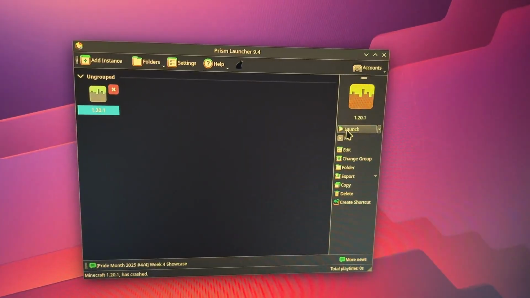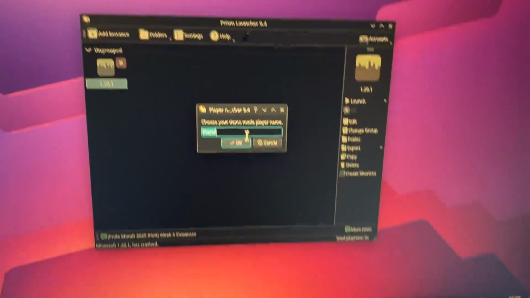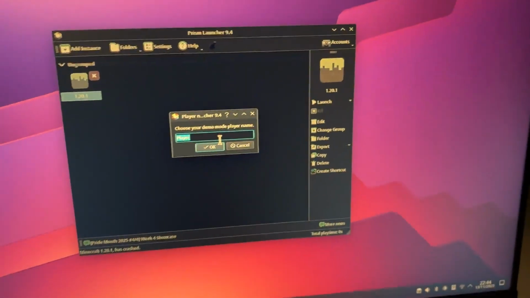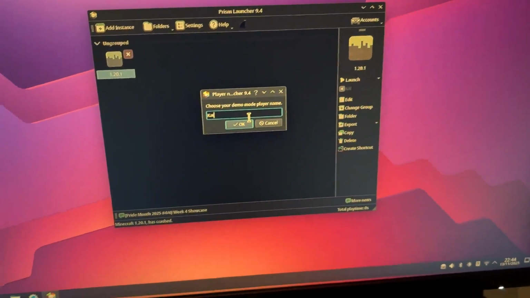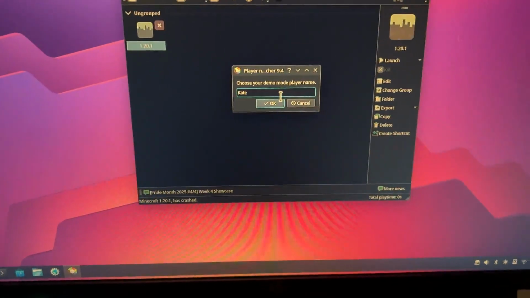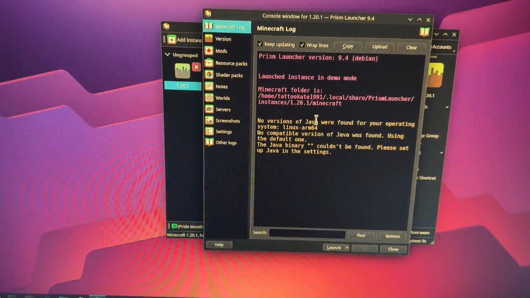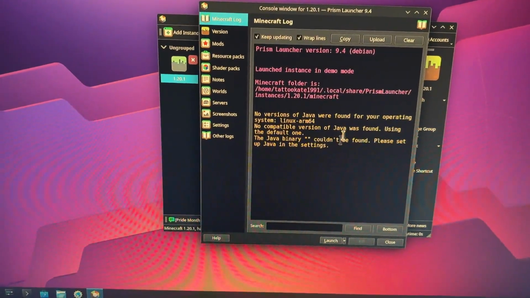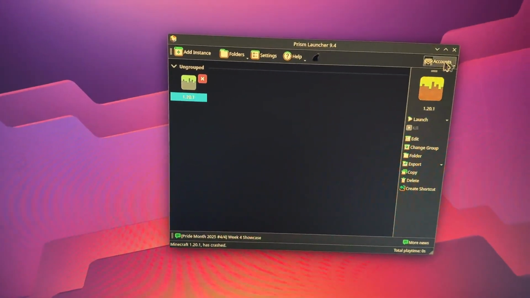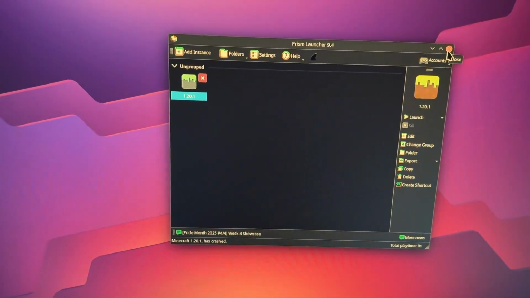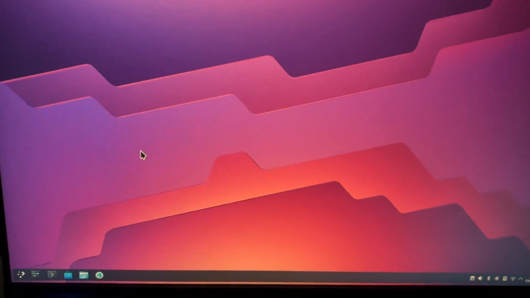For some reason it doesn't want to actually work, so you can't really play it on demo. What if I type in, let's say, Kate? Does that work? Nah, so it's not going to work. You have to have an account for it to work. So I don't want to sign in already. I'm signed in. But